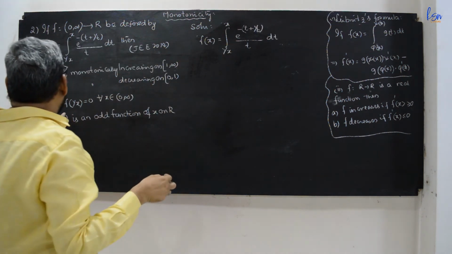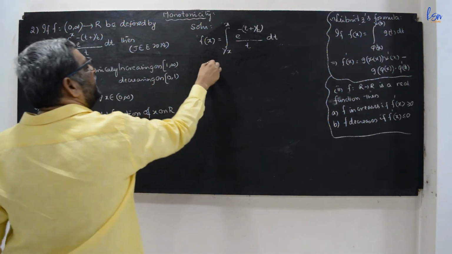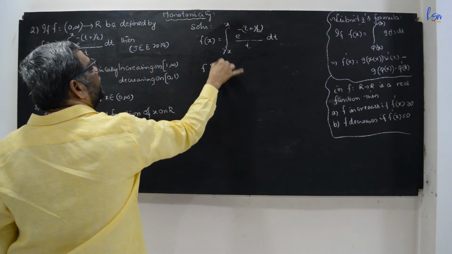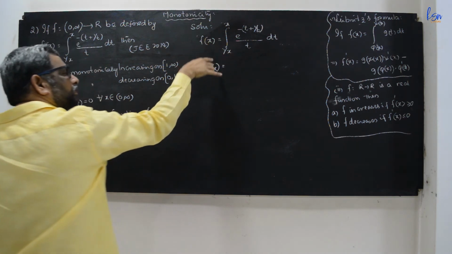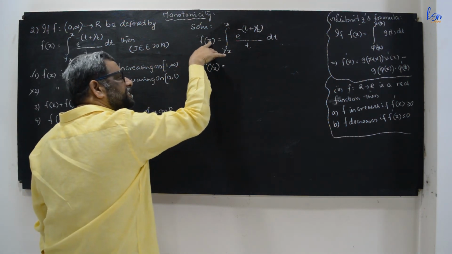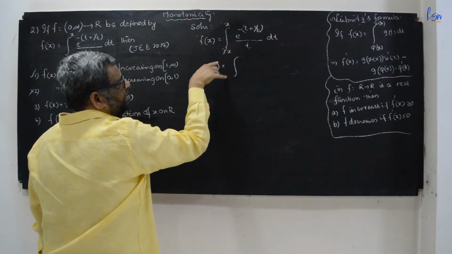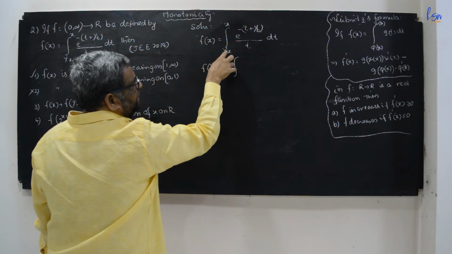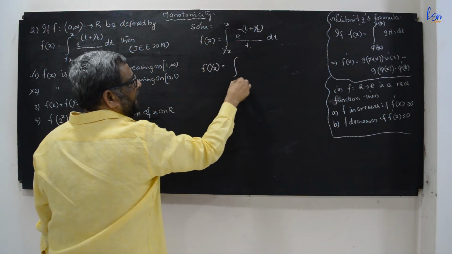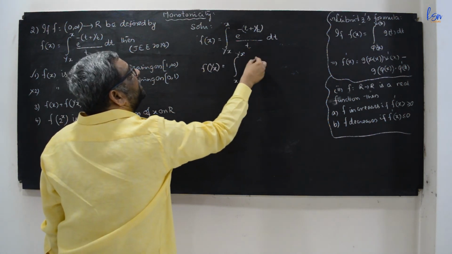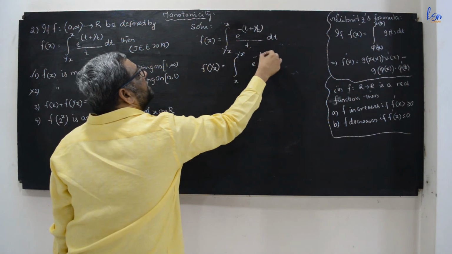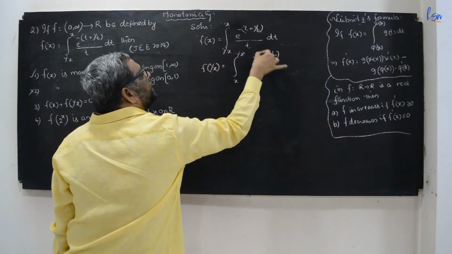Now here f of x plus f of 1 by x, we will consider f of 1 by x. So replace x with 1 by x in the function. So wherever you find x, you replace with 1 by x. So this is integral 1 by x to 1 by x of e to the power of minus t plus 1 by t